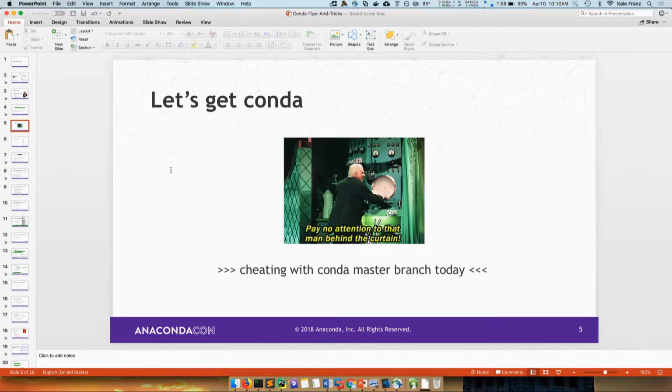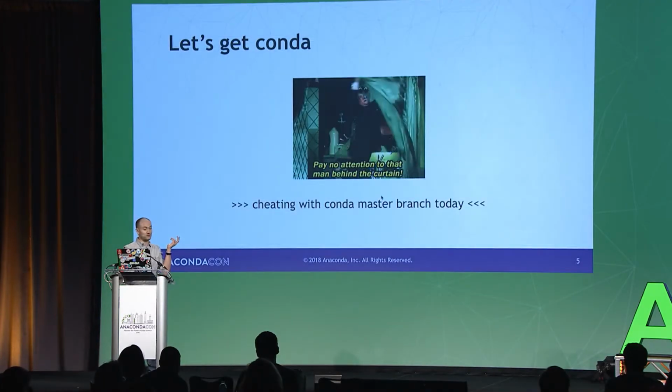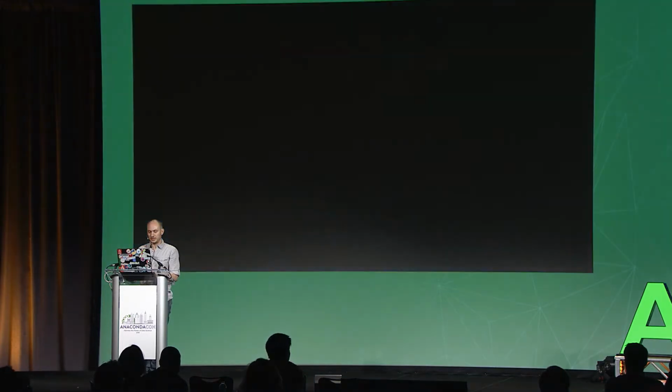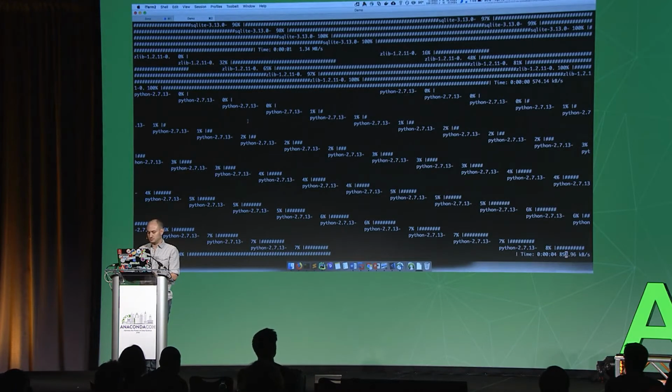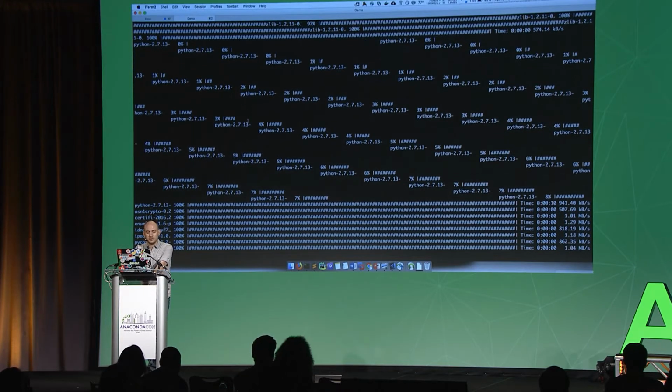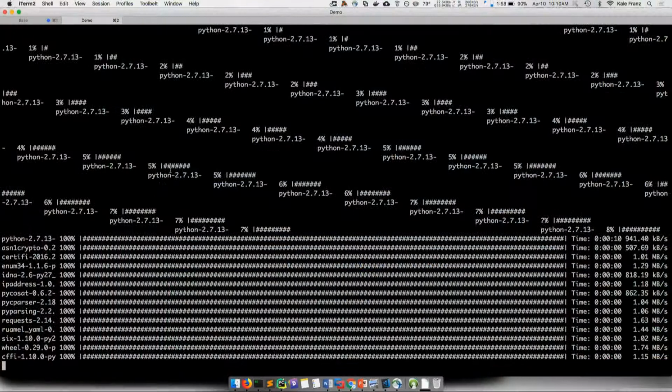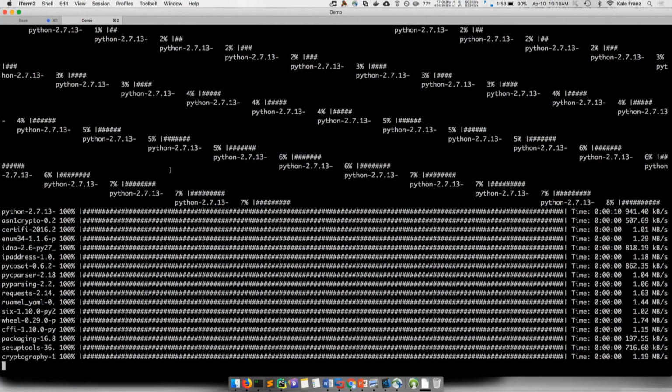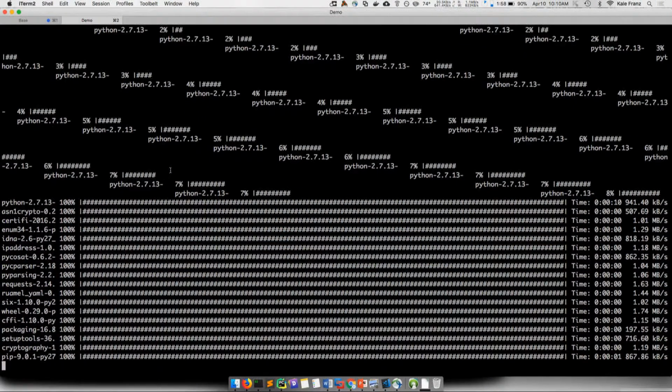Oh, right. There we go. Okay. I just did Conda update Conda, but actually today for you, I'm going to cheat a little bit. How do I get Python 2? That's fun. Python 2 is fine. I'm going to cheat a little bit and use the master branch that I've been working off of because it's a little bit better organized for some help and stuff like that.